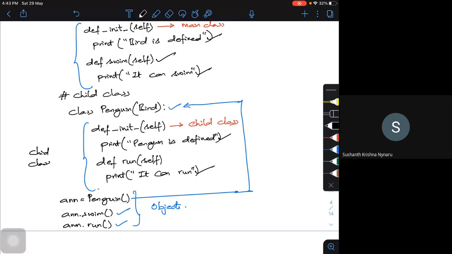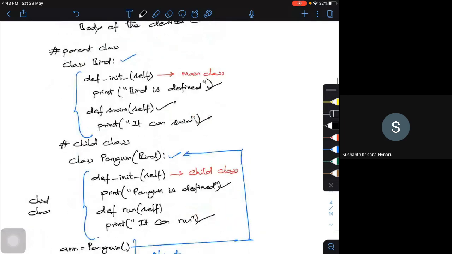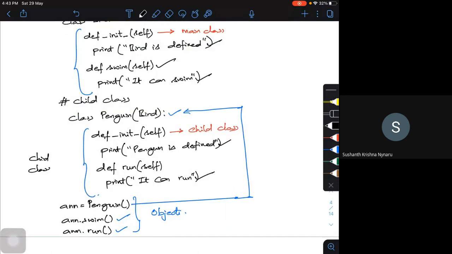So the functions created in the parent class, and whatever functions are created in the child class, can be executed simultaneously. This way of using one class within the other, we call this inheritance.